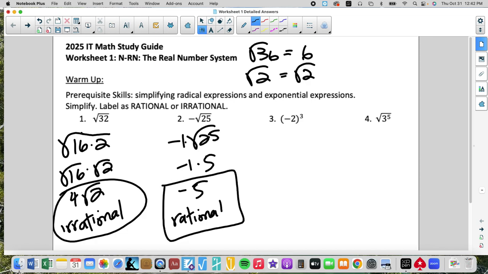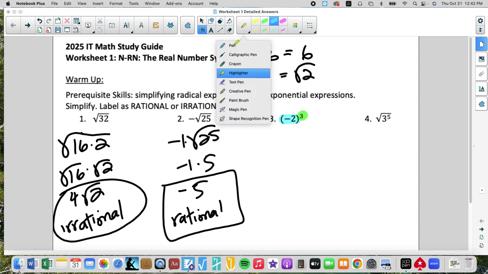-2 cubed, notice that we have an exponent of 3 and a base of -2. The negative is included because we have